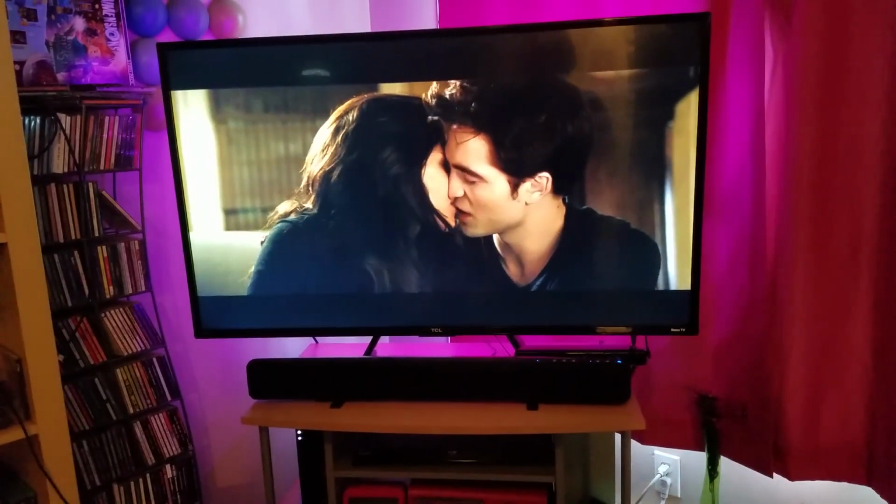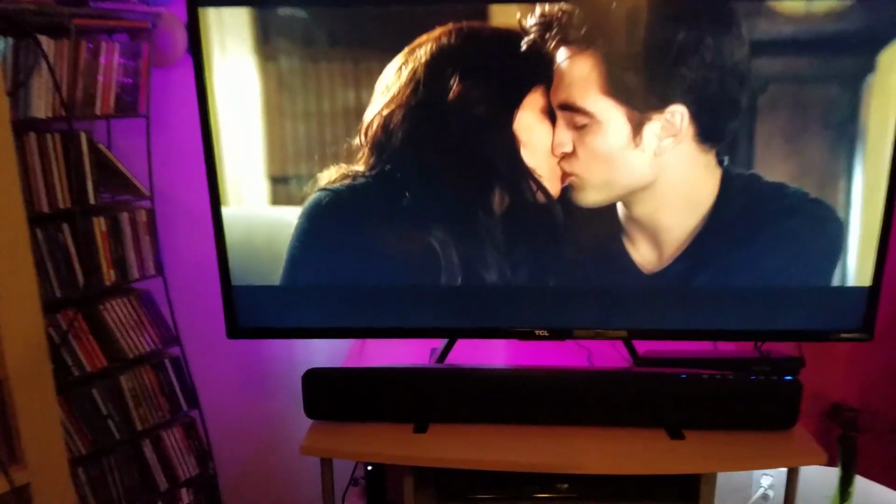So all in all, a great stand. It's very secure. The legs are really nice and long, and they're padded underneath. Very solid. The TV